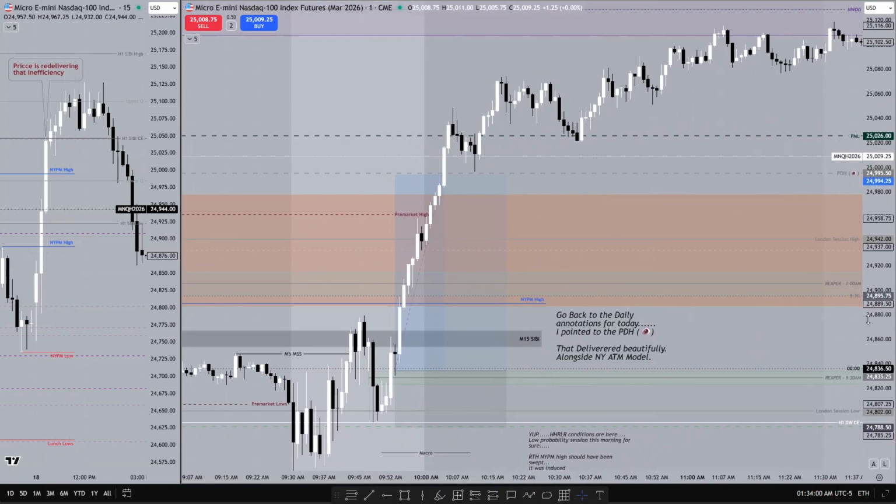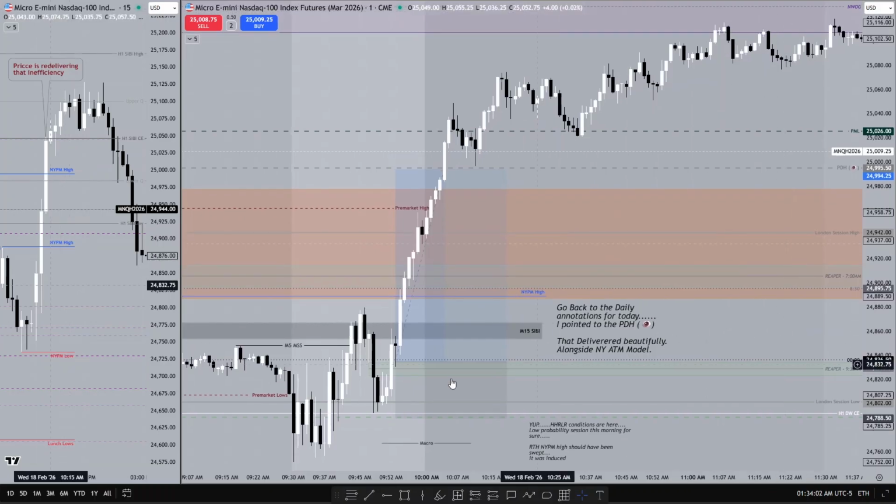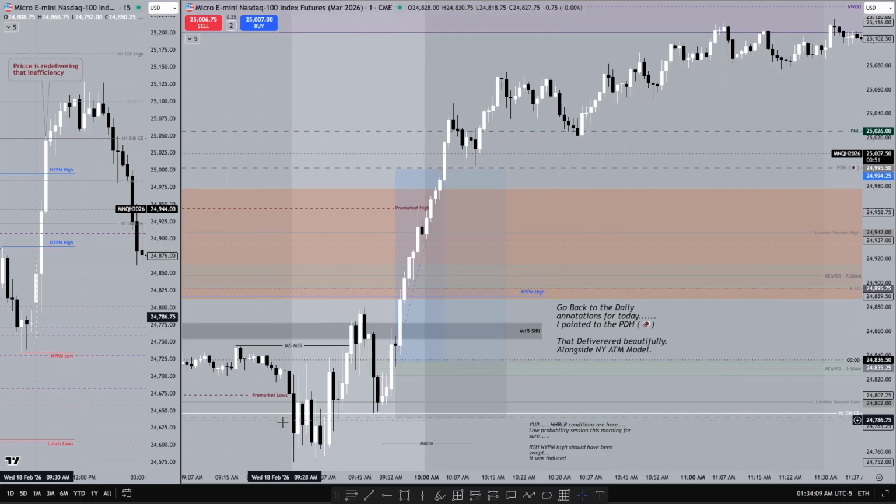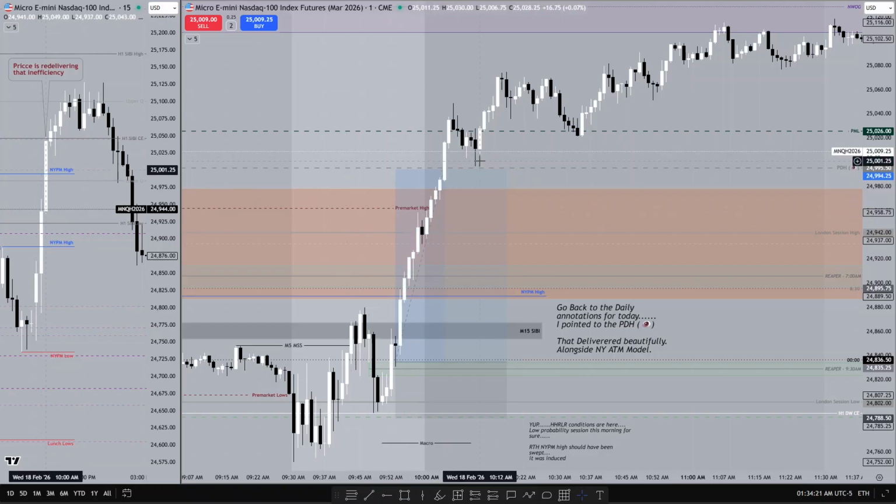I saw some high resistance liquidity run conditions at the beginning of the open. So after the sell stops were engaged, pre-market lows were taken. The New York AM model requires sell stops and then buy stops at pre-market high. So I'd mark out pre-market high, but also if you look at the daily chart,